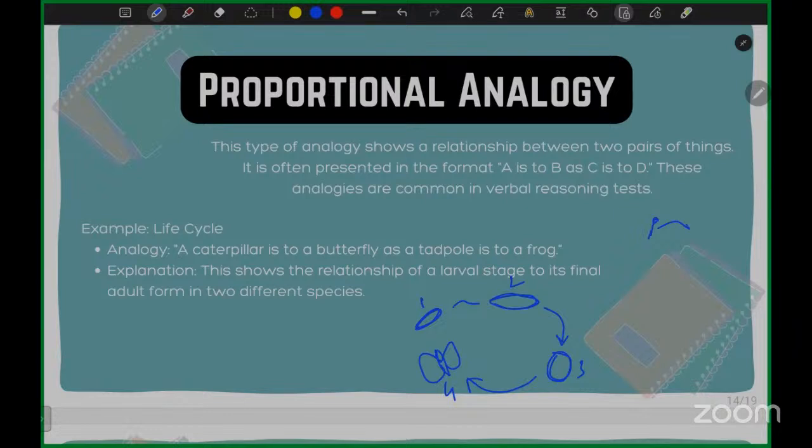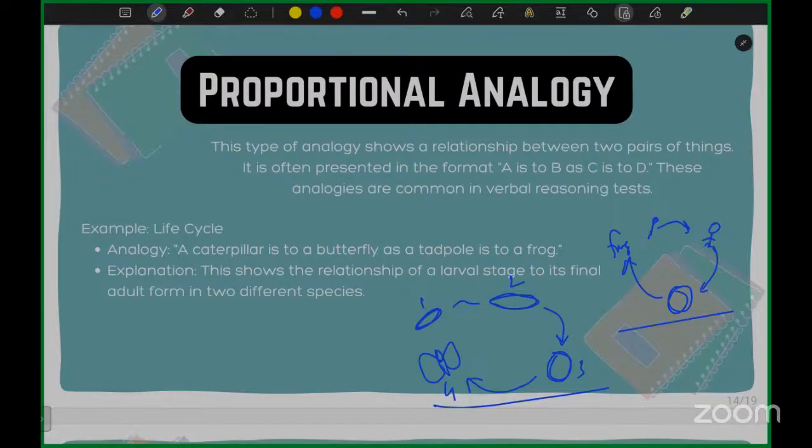The tadpole will be there, then it will have some legs, then the size will become bigger, and finally the frog. I don't know exactly the life cycle of the tadpole and caterpillar, so I'm just relating these examples. If you want to teach the two life cycles of a caterpillar and a frog, you can relate both. You can divide the blackboard into two halves, draw the life cycle of a frog in the left part and the life cycle of a caterpillar in the right part, and compare both with an easy example.